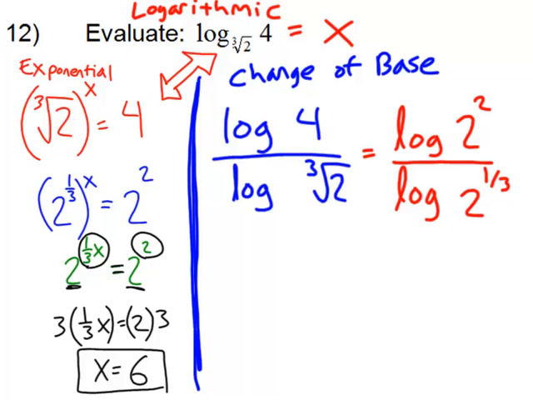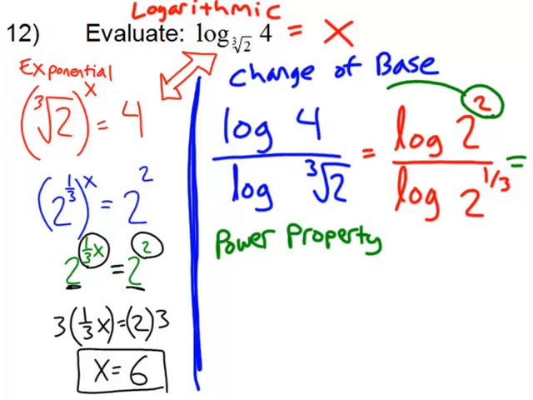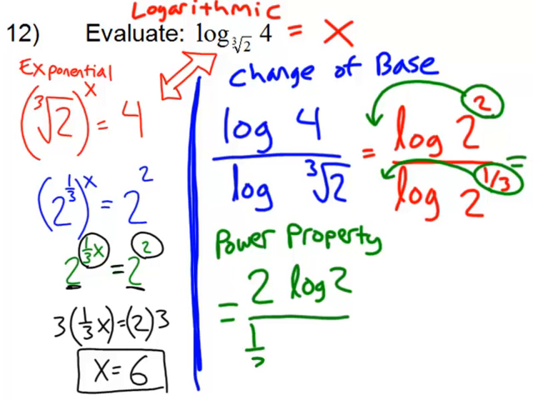And now we'll apply something called the power property, or sometimes people call it the power rule. I prefer power property. The power property says that this 2 up here can be brought in front, and this 1/3 here can be brought in front. A really adept math student would be able to explain why that works. I'm not going to get into that level of detail right here. I'm just going to use that power property, and that would give us 2 log 2 over 1/3